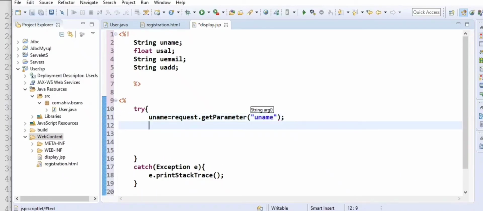Since uname is in a string format, we won't have to typecast anything. Now user salary, we have to typecast it from string to float data type.